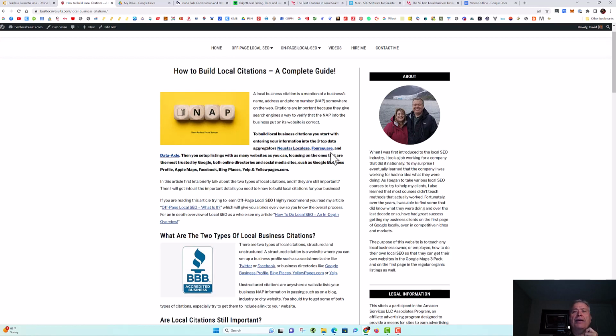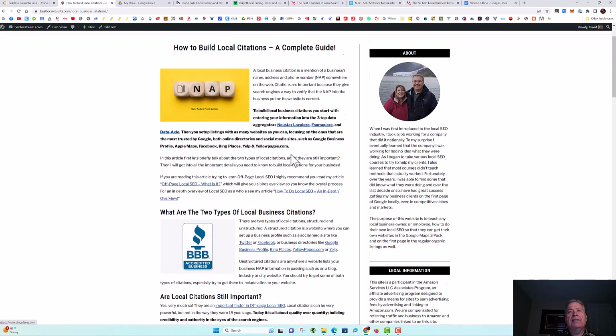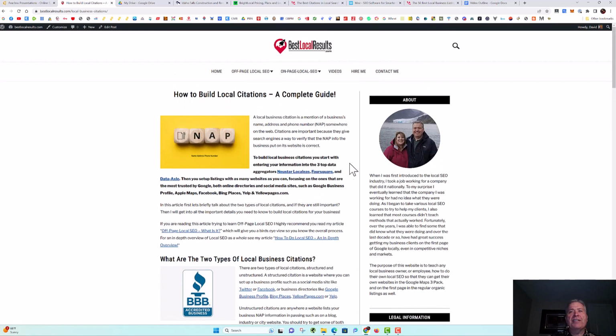So if you set up accounts and fill out the profiles completely, just like we've talked about in these three data aggregators, that in and of itself will get you in a bunch of other lesser important business directories that copy from these data aggregators. So, in a nutshell, that pretty much covers that factor.